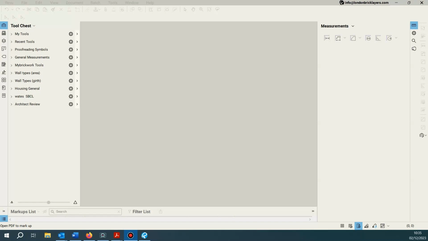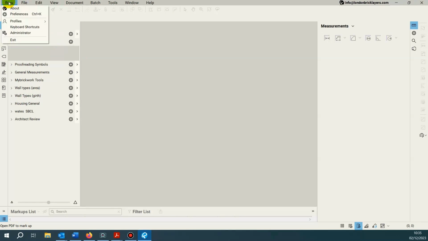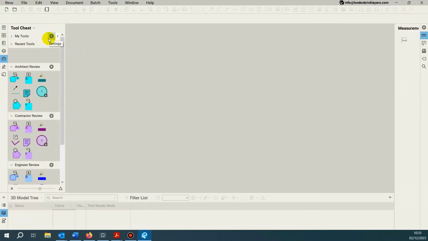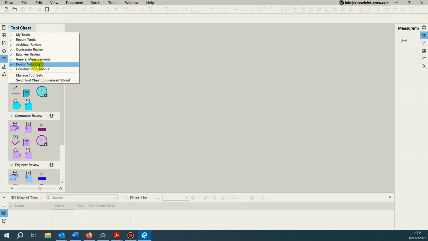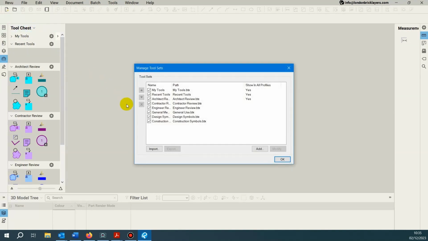So the solution I've come up with is this. This is the profile I installed for him. So what I came up with was, if we go up to Review, we go into Profiles, and we go into the profile that contains the tool set that you want to import into your newer profile. Go to Tool Chest, select the drop down, go down to Manage Tool Sets,